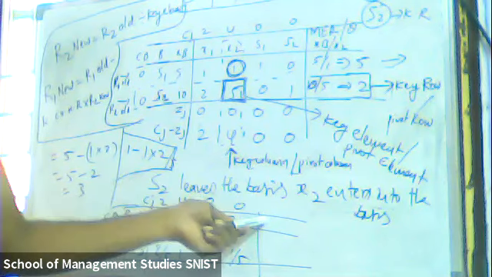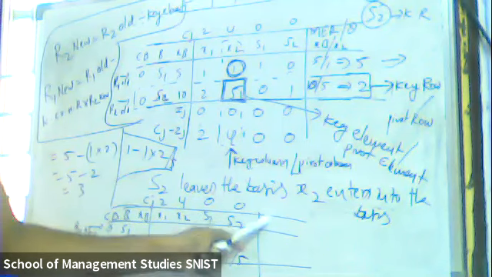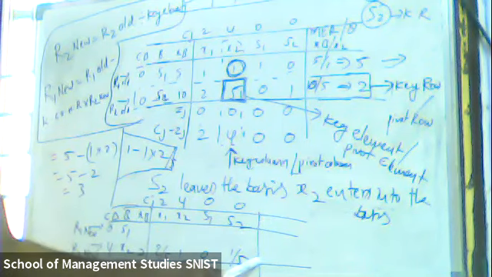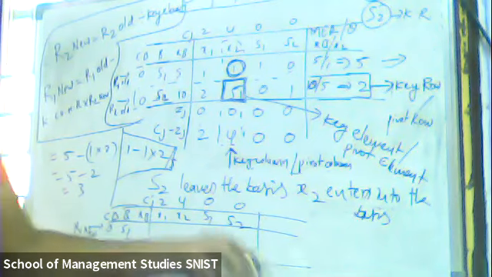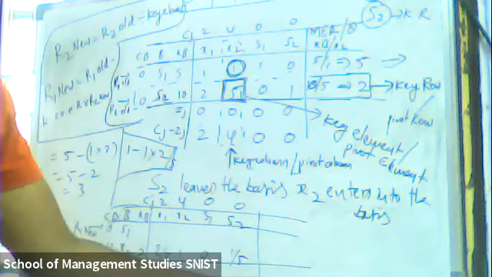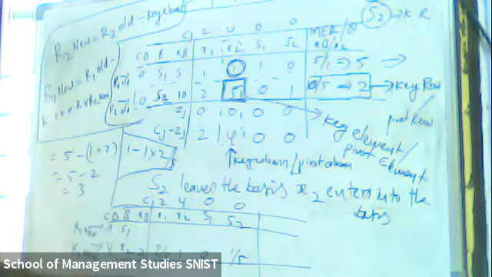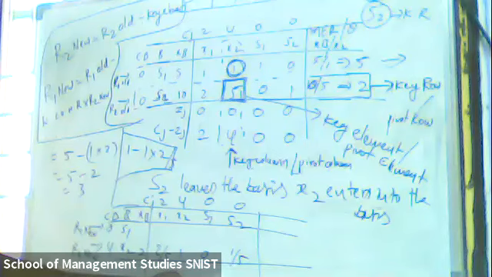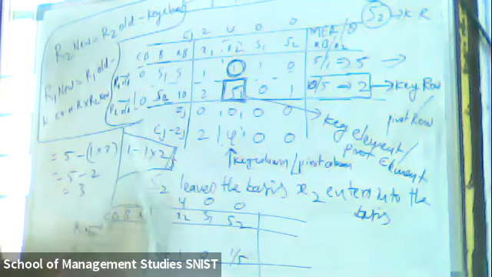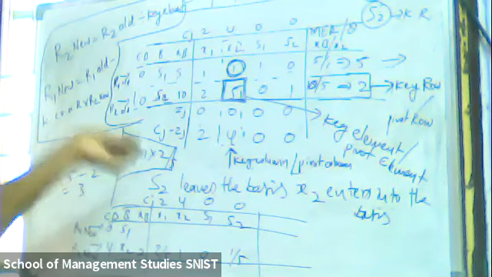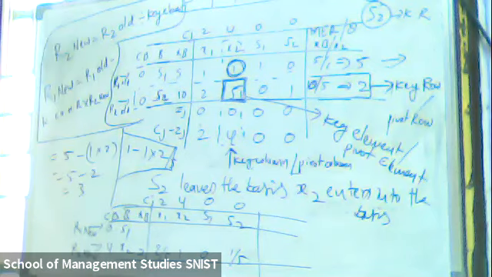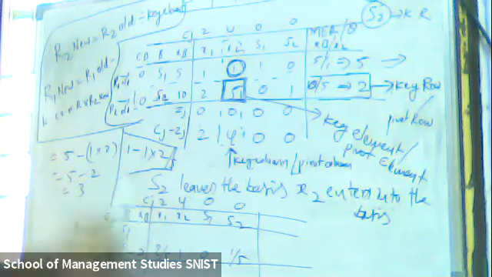Then again Xb divided by, if it is x1, then Xb divided by x1, and we'll get the values here. The minimum value becomes the key row. That leaves the basis, and the key column variable enters into the new table. Suppose you got all zeros and negative values, then we'll stop here itself. Based on the remaining values, we substitute them in the objective function and close the problem. So we stop the problem when the Cj minus Zj values are negative or 0.